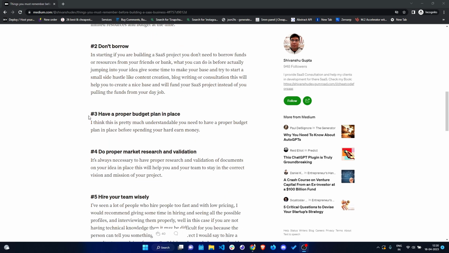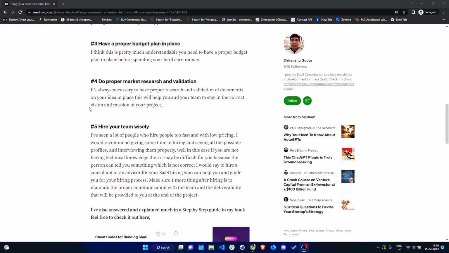The third point I want to highlight is to have a proper budget plan. This is very important, specifically for people who are starting with a low budget. You need to downsize and take care of the resources that you have in your hand at that time. You also need to consider all aspects of the cloud, as well as the services and resources that you are going to buy from third parties. You have to have a clear picture, a note or a directory, of which subscriptions you have opted for and whether they are actually useful for you or not.